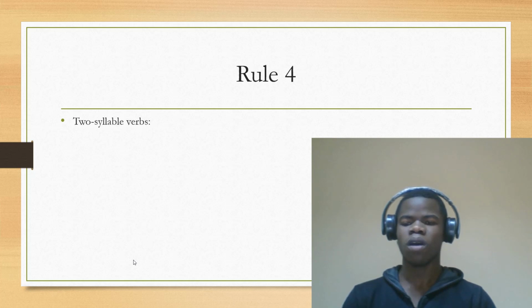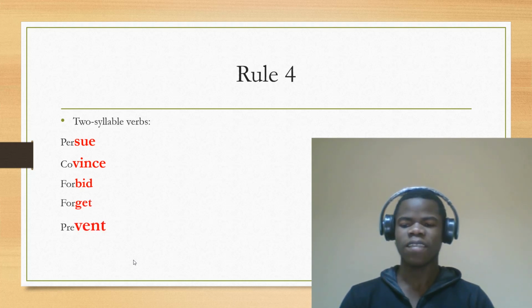Rule number four, when you have a verb with two syllables, and many verbs, the majority of the verbs in English are with two syllables. So it's very important actually to understand this rule and pay attention to it. Okay. Verbs with two syllables, the stress is always on the second syllable. Okay. Such as in pursue, convince, forbid, forget, prevent,